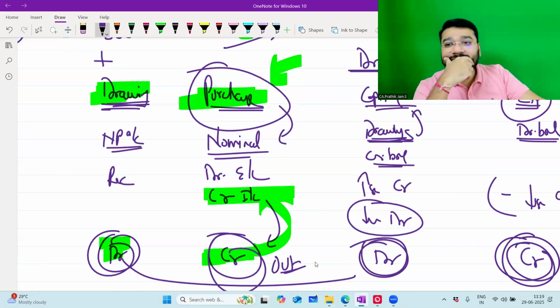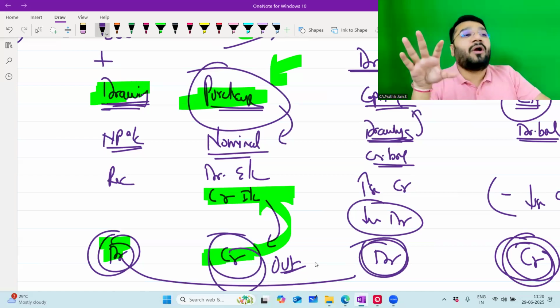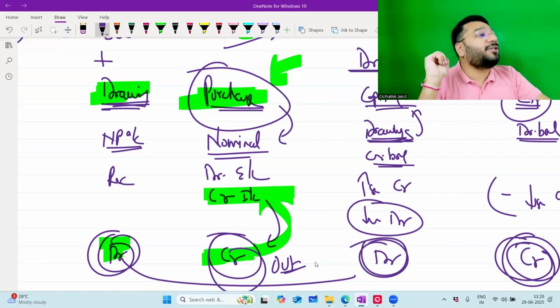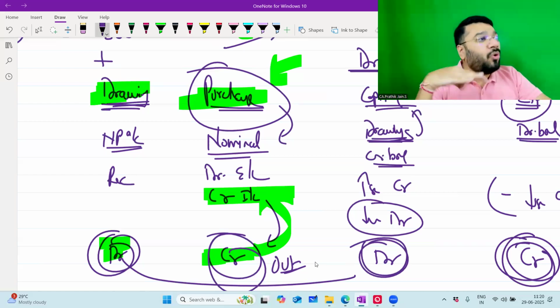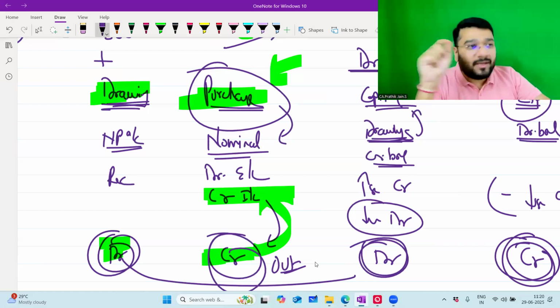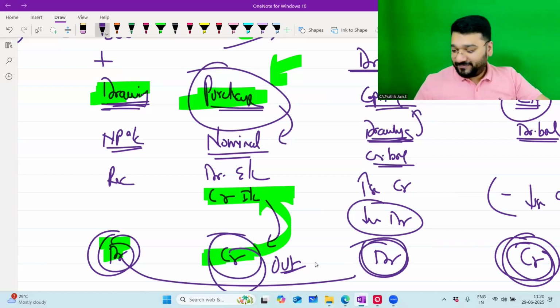Now tell me, with this, what do we understand? With the golden rule, we cannot record all types of transactions. There are certain complicated transactions for which the golden rule is not applicable. I'll prove this point time and again in your 11th, in your 12th, in your CA Foundation, in your CA Intermediate. Okay, not okay?